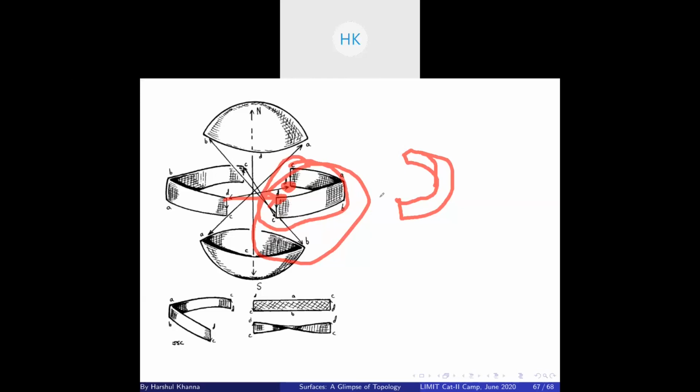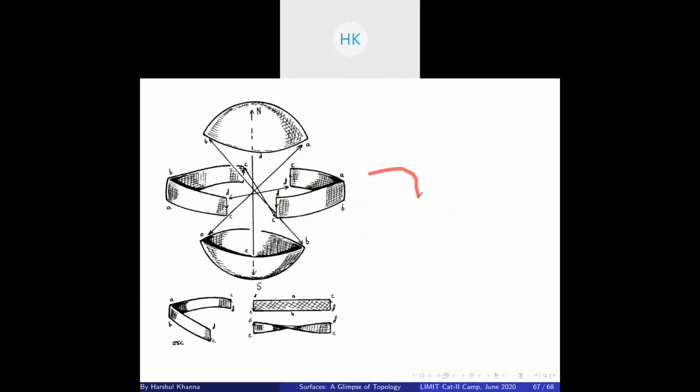So when you give it an upside down flip, what essentially you're doing now is, suppose you have this strip of paper, and you give it an upside down flip and glue the surfaces back together. What you get is a Mobius strip. Just try it out with the paper. Take two halves of the paper, give one an upside down flip and attach. You'll realize you get a Mobius strip. So essentially, after rotating this hemisphere, we are again doing the same thing. You take a Mobius strip and attach a disc to it.